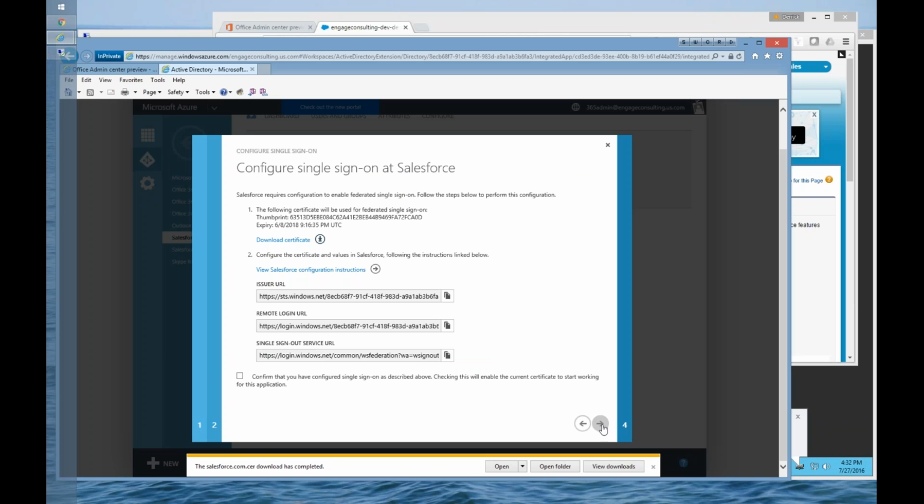here with Active Directory. We need to confirm once that setup is done in Salesforce, we need to go in and here check this box, which basically says that this setup is now done in Salesforce, and we're going to enable this single sign-on and get this working. And so we click next,